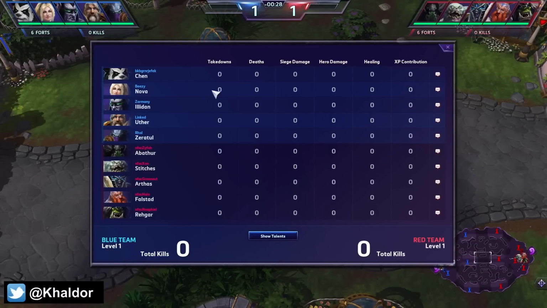In blue we have nFaculty with BKB on the Chen, BZ on the Nova, Zarmoni on Illidan, Linked on the Uther and Ral on Zeratul. A pretty interesting lineup with only one frontliner here, the Chen, a lot of damage thanks to Nova. We have Zeratul, also another assassin, a single healer with Uther, and they're going up against the red team starting